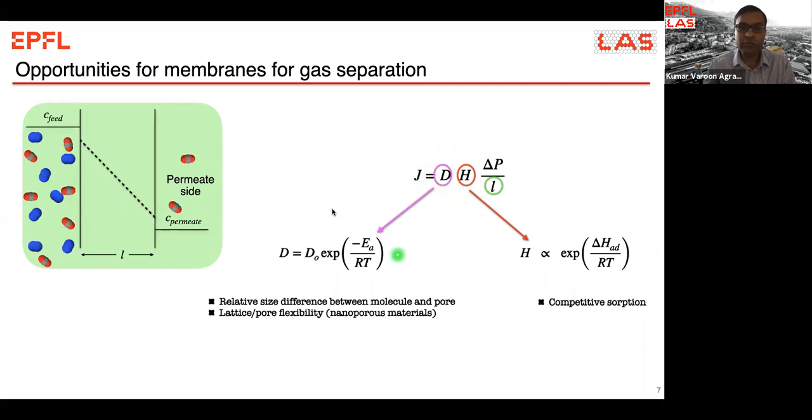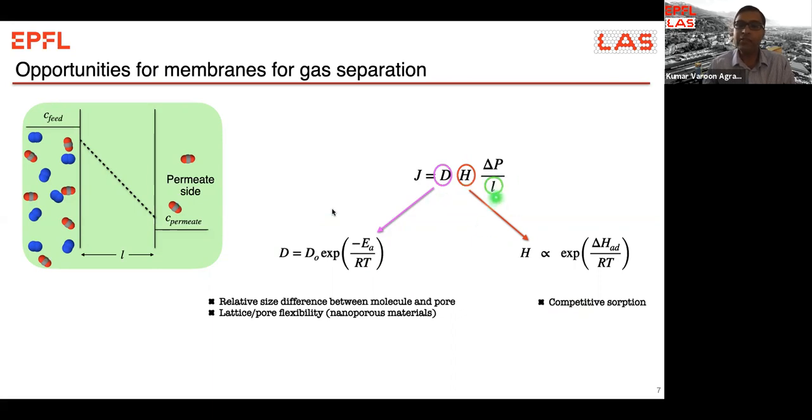The first one is the diffusion coefficient, and if you look at the diffusion coefficient for gases going through this thin film, in most cases it turns out that you're dealing with activated transport of the gas molecule, be it a nanoporous material where this activated transport is the affinity of the gas molecule hopping from one site to another site, or be it a dense material where the chain packing determines this activation barrier. For the other term, the Henry coefficient, we are looking at competitive sorption, and there, for example, CO2 and nitrogen, we are looking at functionalization and so on to improve the gas transport.